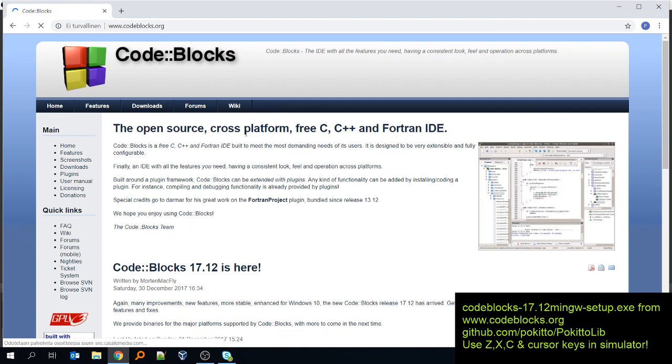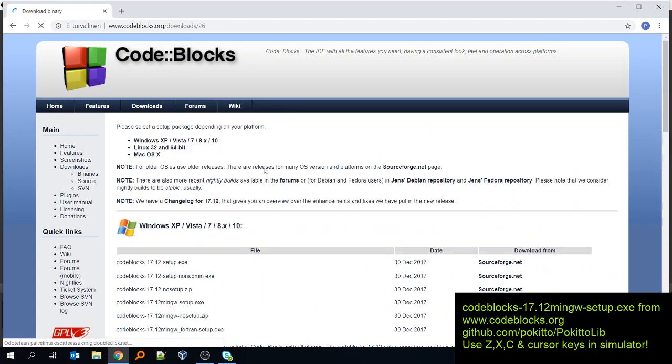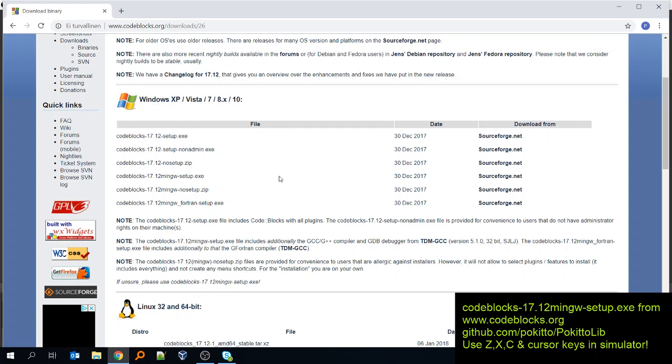Code Blocks is an open source free development environment. It's here at codeblocks.org. Then you go to downloads and download the binary release. Since I'm on a Windows PC, I'm going to take this codeblocks-17.12mingw-setup.exe, and it comes from SourceForge. I will install Code Blocks, and after Code Blocks is installed, we then go to GitHub,